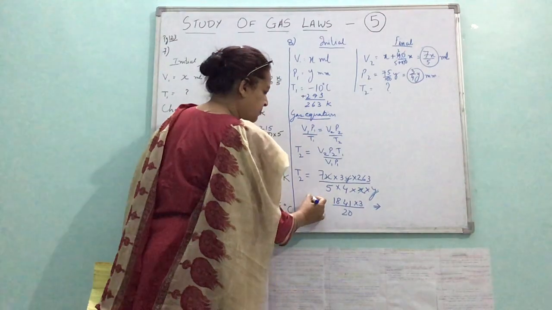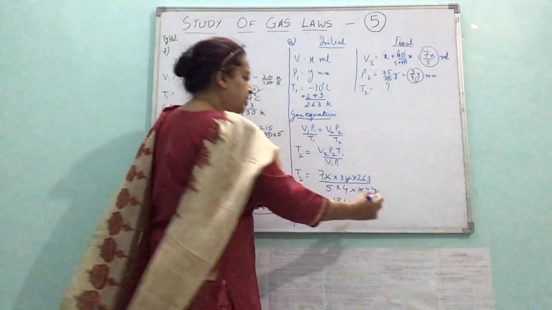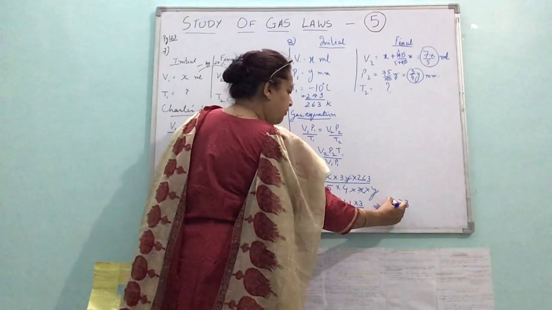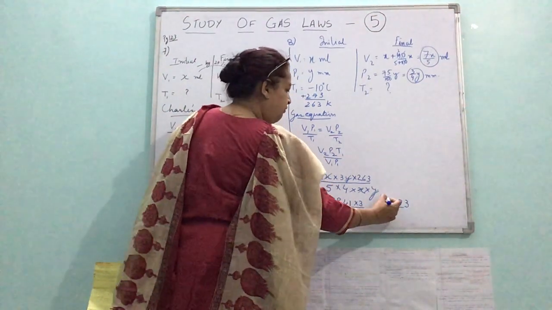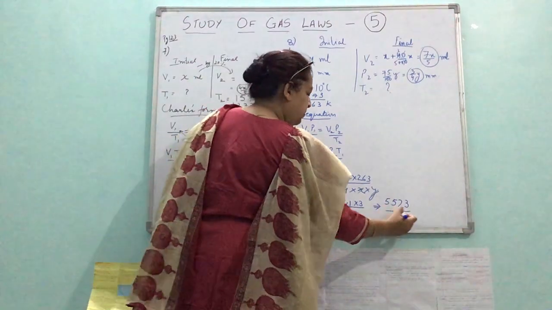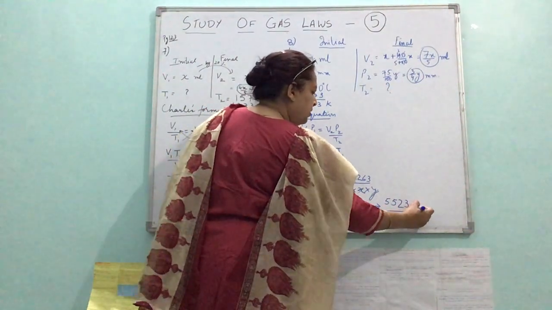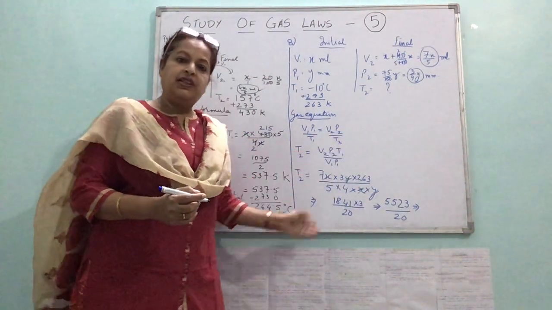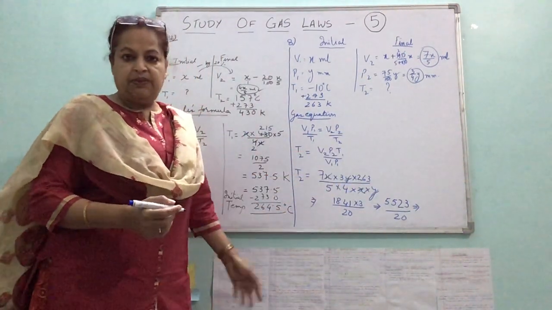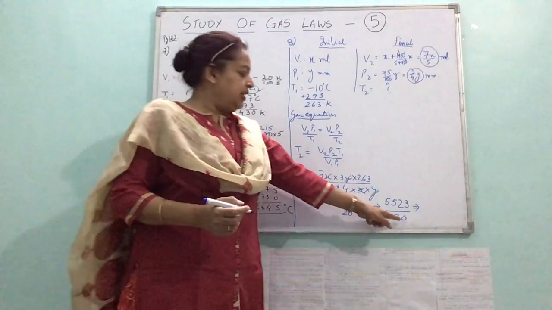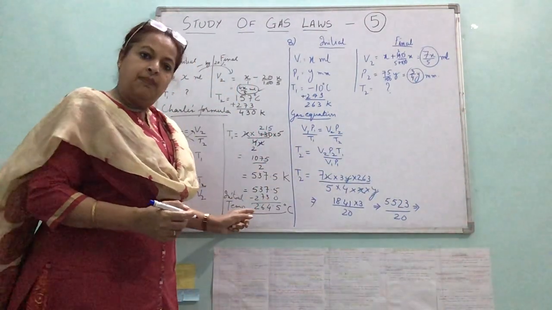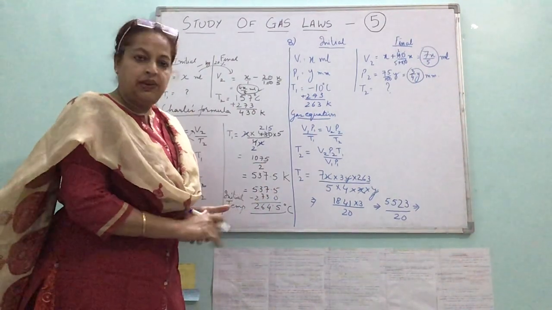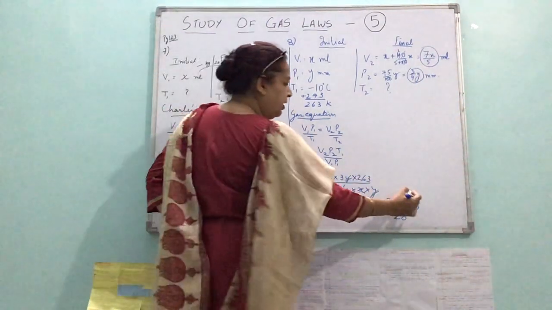Next step, multiply by 3. 3 1s are 3, 3 4s are 12, 3 8s are 24 plus 1, 25. 5 3 2 by 20. Now I'll just divide by 2, and for the 0 I'll just shift the decimal, because it is non-reducible, so it would be a decimal value. So to adjust the 0 I'll shift the decimal 1 place towards the left-hand side. I don't need a lot of calculations in that. So I divide by 2 orally.